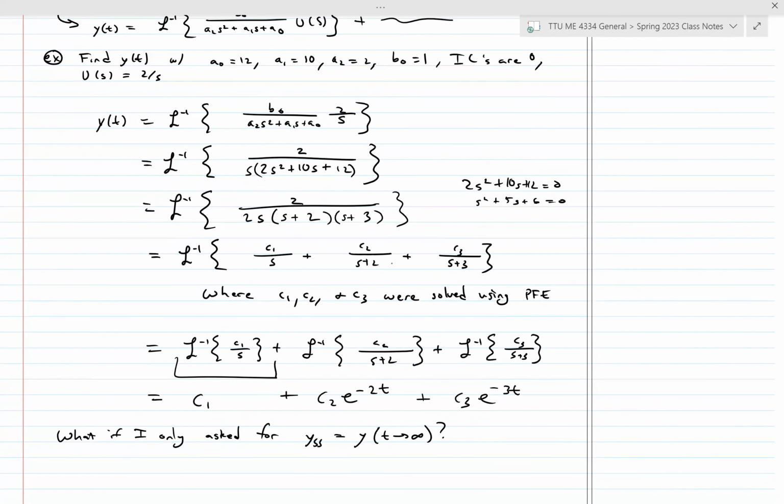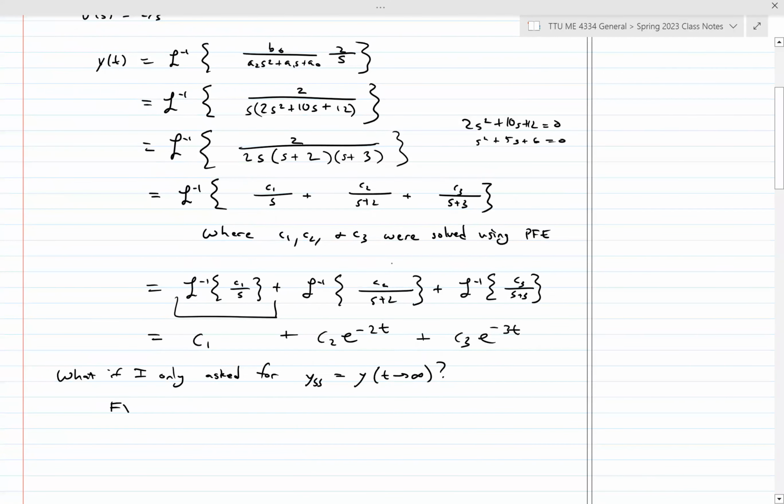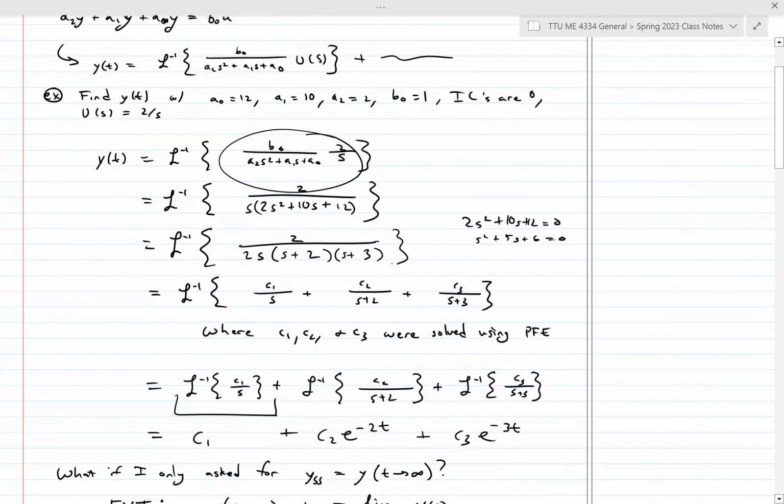Final value theorem, right? What does the final value theorem state? Y at t approaching infinity, or let's just say y steady state, is going to be the limit as s approaches 0 of s times big Y of s. Big Y of s was all this stuff in here. Or let's go with actually this one right here. So plugging this in to the final value theorem,